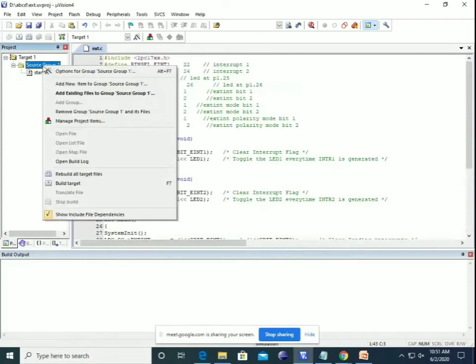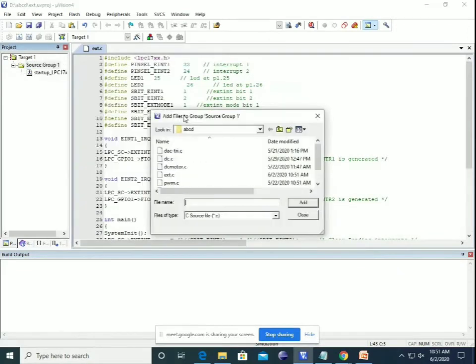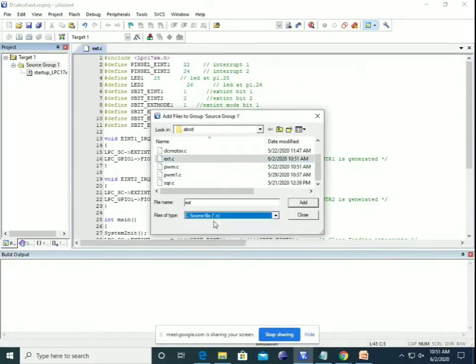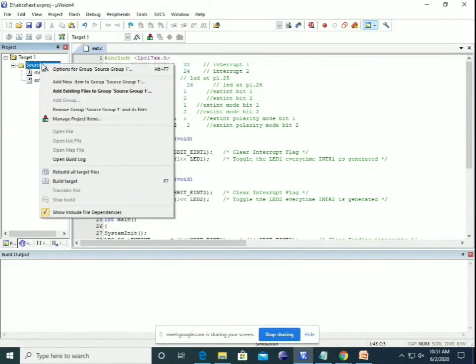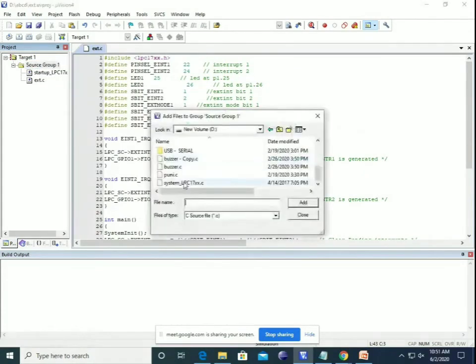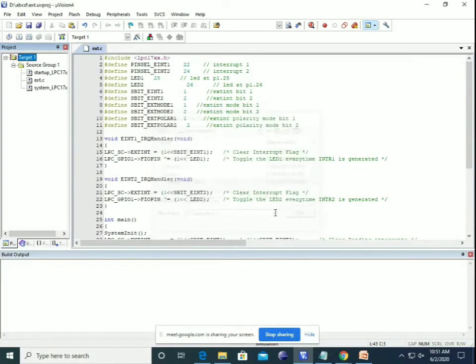Next we'll add this program to our source group, add ext.c. If .c files are not visible, select .c here. We'll add this. Again we need to add one more file, that is the system file. That will be added.